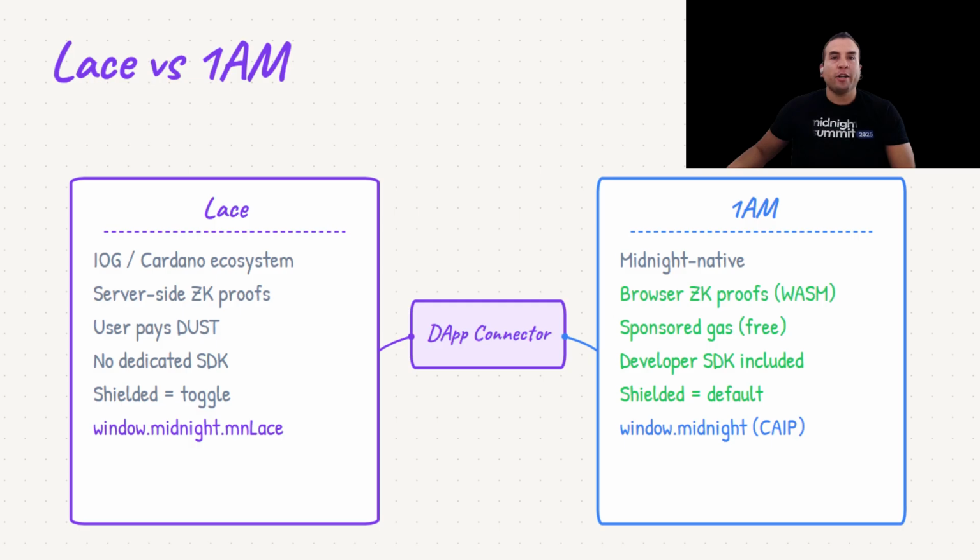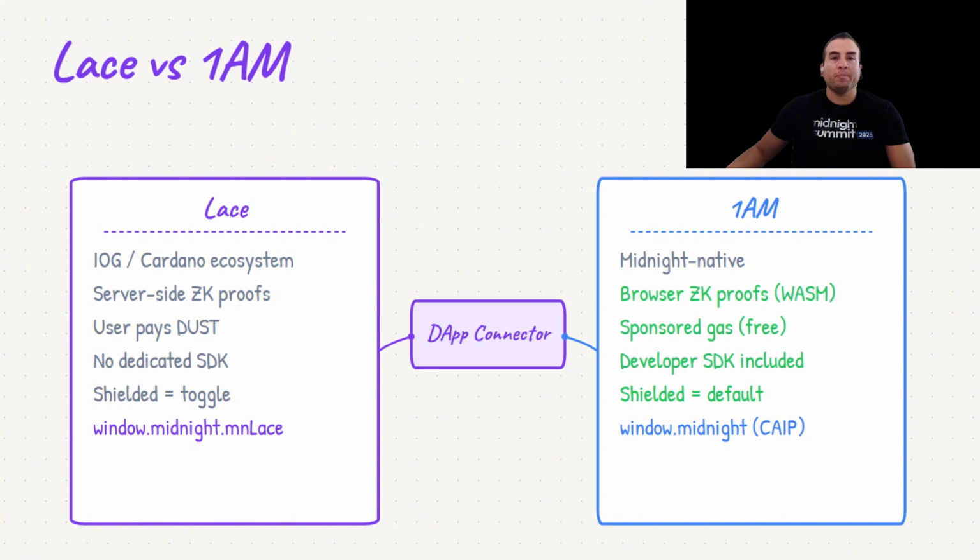Proofs are generated in browser via WASM. Gas is auto-sponsored, so users never see Dust. It ships a developer SDK. Shielding is the default, and it registers via window.midnight using the CAIP standard. The good news, both connect through the same DApp